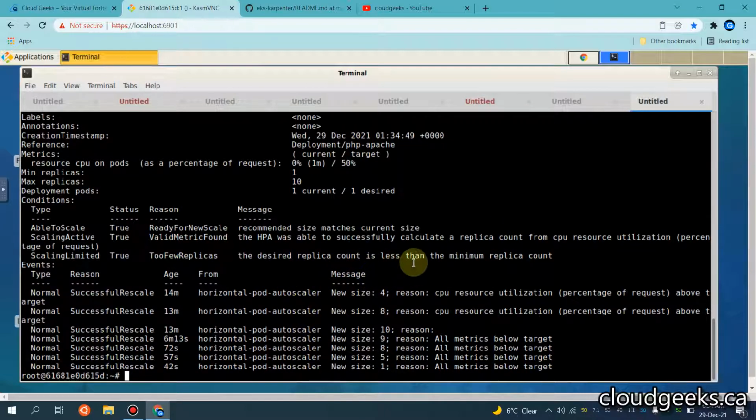First of all, it will tell us that it has rescaled to 9, and now when the load on those pods is reduced, it shows the rescale metric as well. Resize, you see, size reduces from 10, 9, 8, 5, and 1.